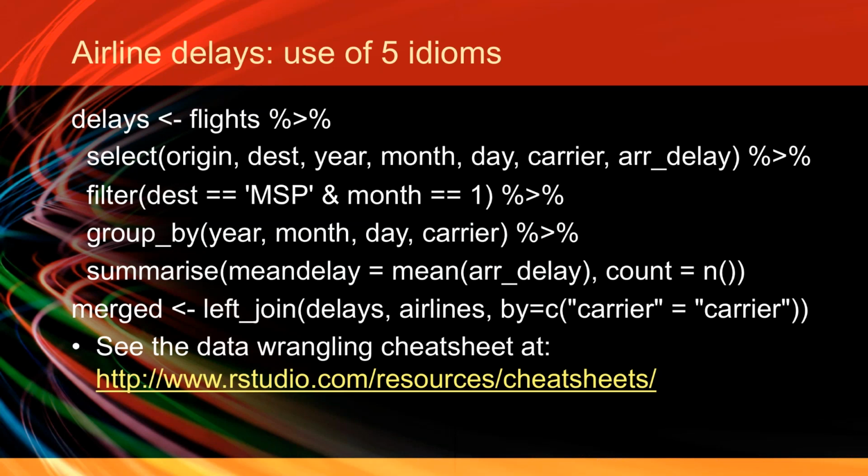The next thing we do is to go ahead and merge the delays in with the airlines to get a better descriptive name rather than just a 2 or 3 letter code. These are put together in a relatively straightforward way. There's a data wrangling cheat sheet that describes these idioms in certain detail that provides just the front and the back, pretty much all that you need to do some very interesting types of manipulations. This isn't rocket science. It is something that can be brought into the curriculum using these freely available tools.